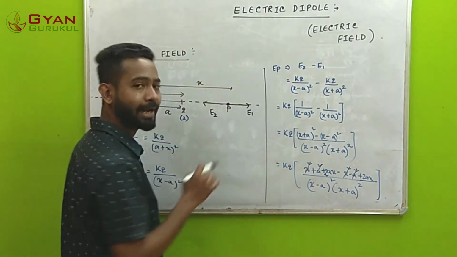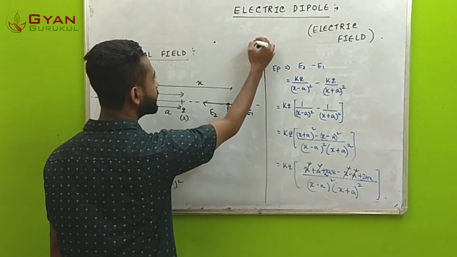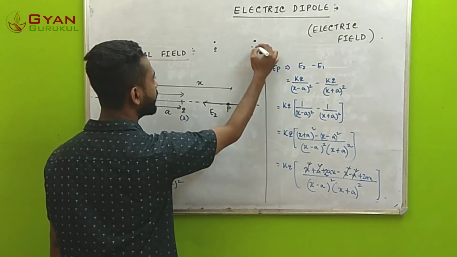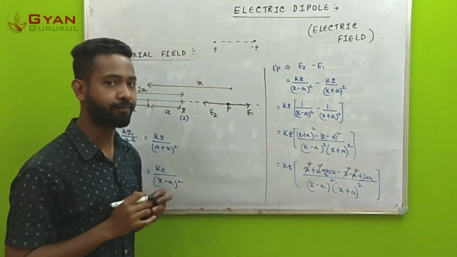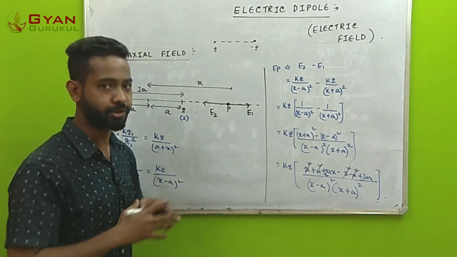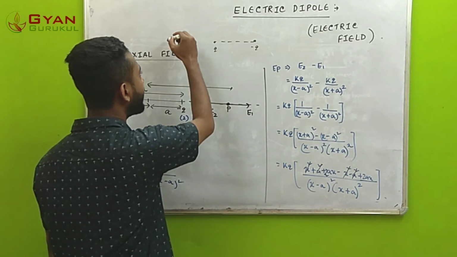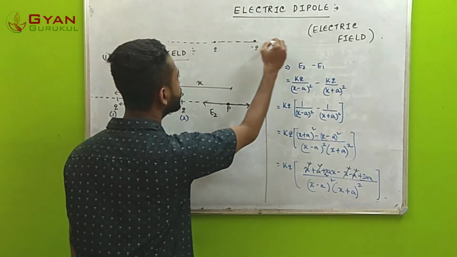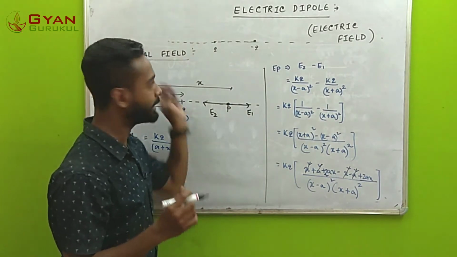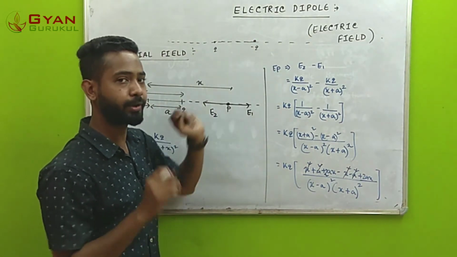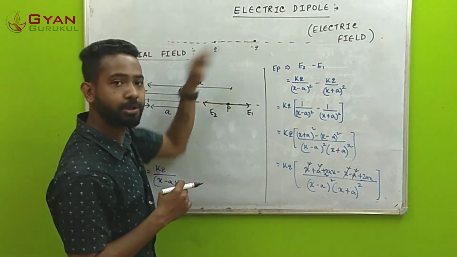When we discuss the electric field for a dipole, let me give you the situation. Since you have two charges, one positive and the other negative, and you are asked to find the electric field, there are actually two regions where you can find it. Either you can find the electric field anywhere on the line that joins both of the charges, or anywhere above or below the line.